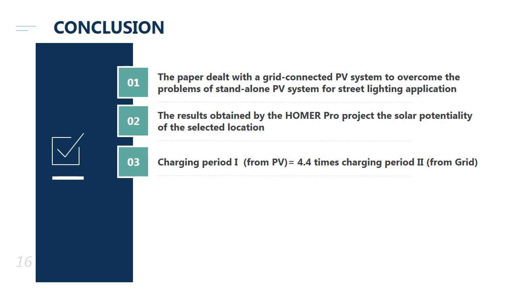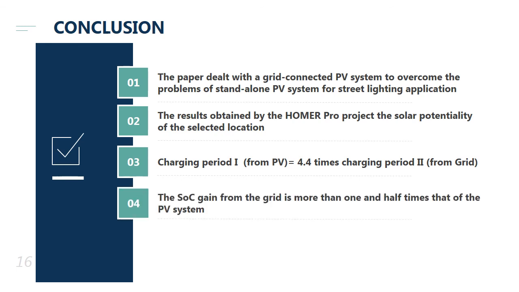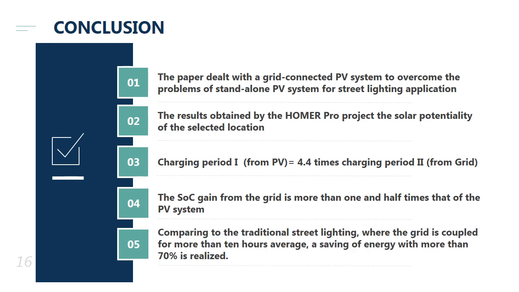The period of charging due to the PV source is equal to 4.4 times the charging period ensured by the utility grid. The state of charge gain due to the grid is more than 1.5 times that ensured by the PV system. If we compare our system to a traditional street lighting system where the coupling to the grid continues for more than 10 hours on average, a saving of energy of more than